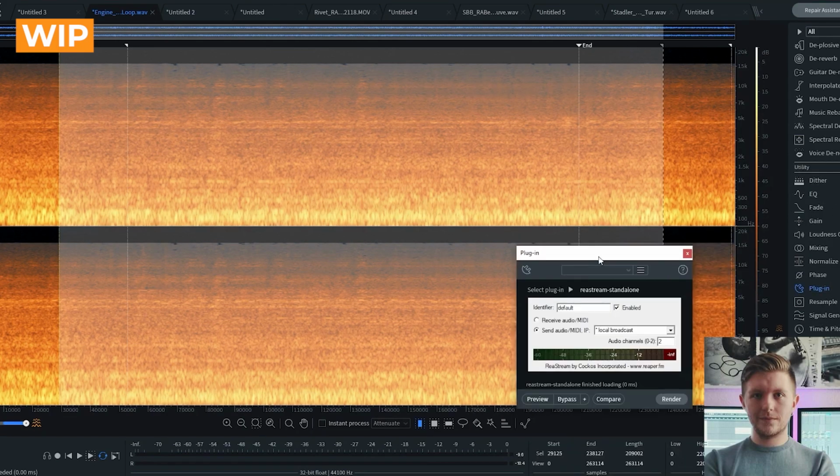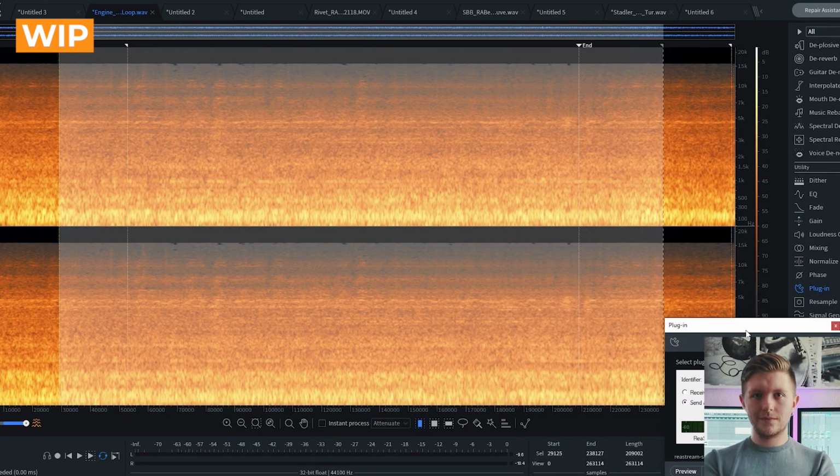A bit confusing. It confused me at first, but essentially this is how to get a sample perfect loop. And if we play that back now,